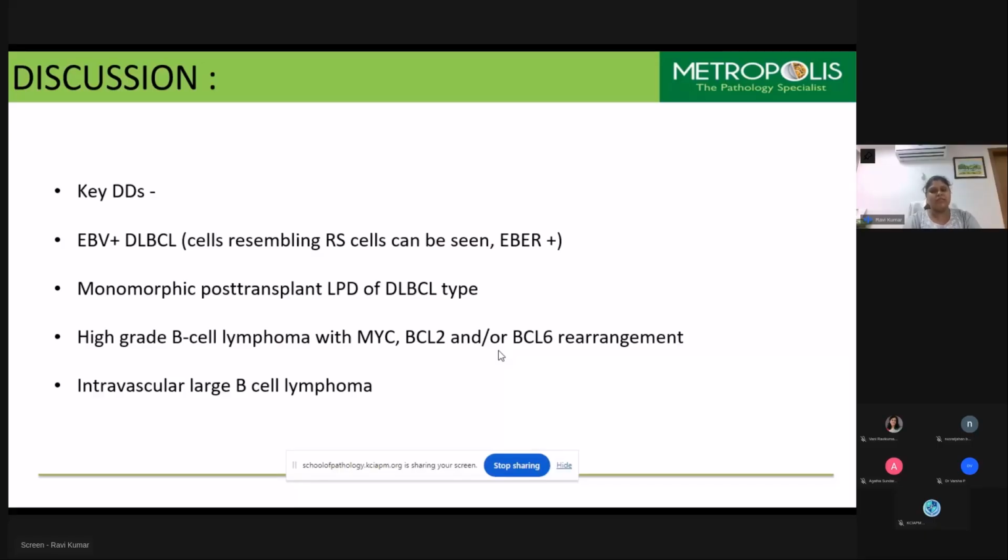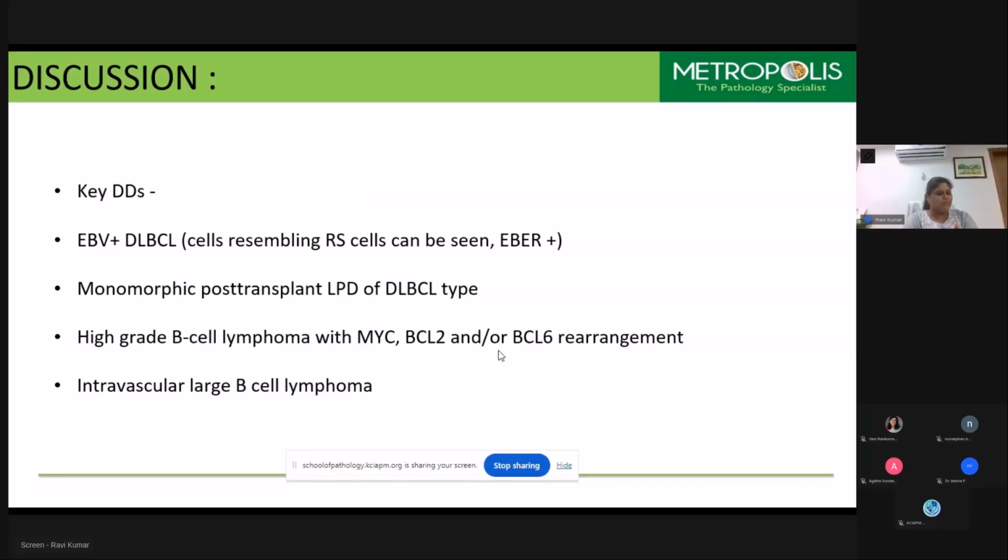So the etiology is because of this immunosuppressive therapy, it leads to a polymorphic lymphoproliferative disorder, which then turns into a monomorphic lymphoproliferative disorder. It can be of any type, but DLBCL or a Burkitt's type also can occur. Another entity is the high-grade B-cell lymphoma with MYC, BCL2 and BCL6 rearrangement. This entity was added in the 2016 WHO, and the older terminology which was given in 2008 was even longer